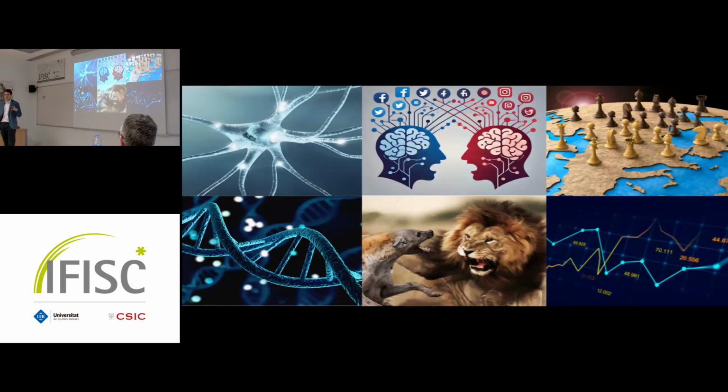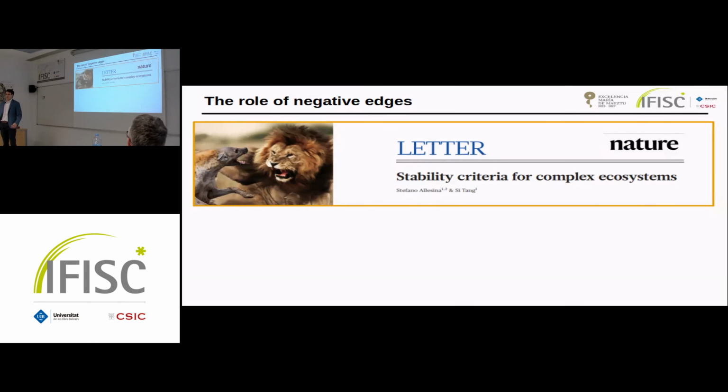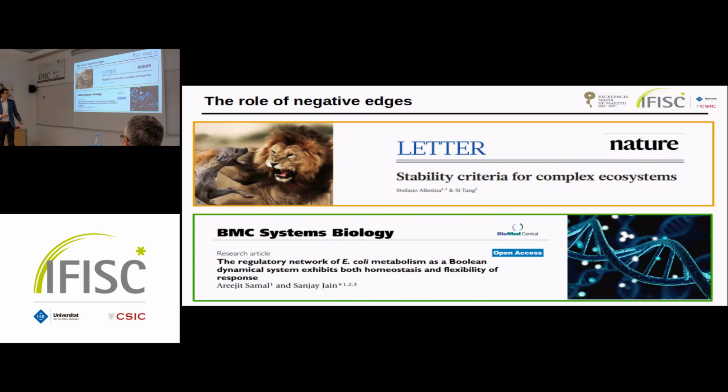So first, let me tell you about different research papers that have remarked the importance of these negative interactions in different contexts. In ecology, for example, negative interactions are essential to stabilize ecosystems. It has been shown that predator-prey interactions, which are positive in one direction and negative in the other, are stabilizing, whereas mutualistic and competitive interactions tend to be destabilizing. On molecular biology, on the other hand, the distribution of the edges, and in particular structural balance, which I will define later, are essential for creating irreversible networks, in particular gene regulatory networks.